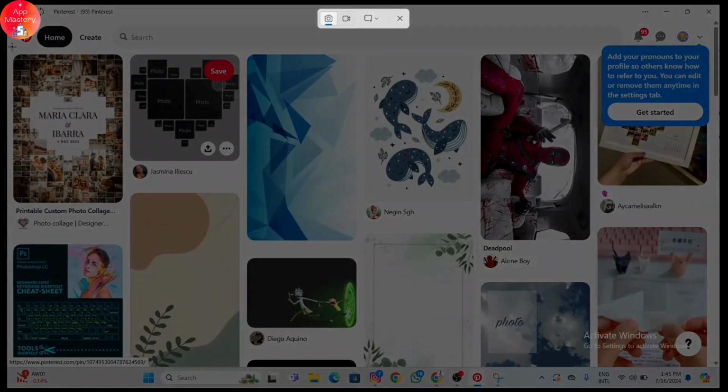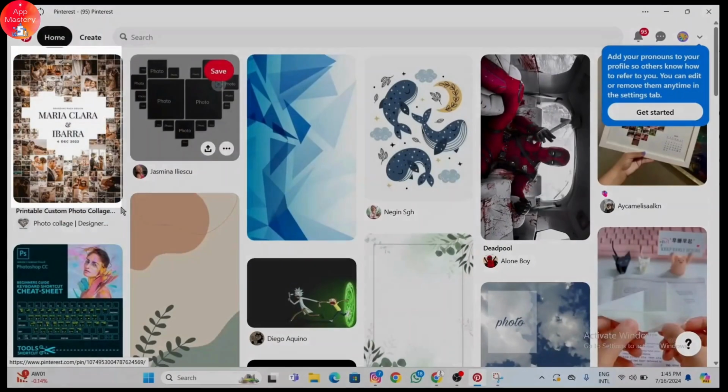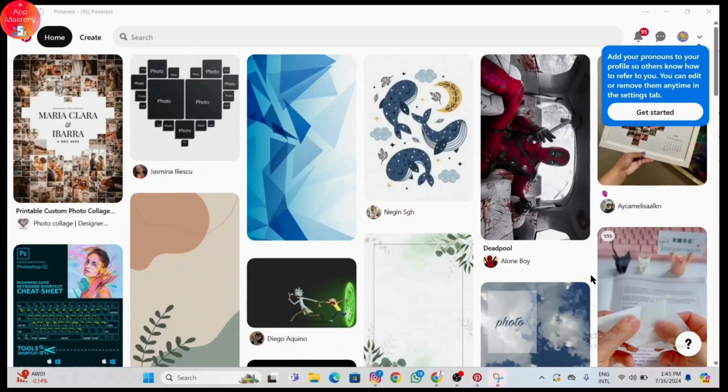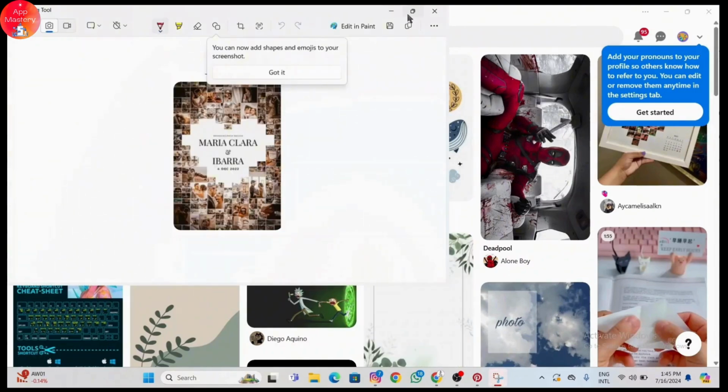Take a screenshot of anything that you want. On my computer, you need to press Ctrl plus Shift plus S. Your device may vary accordingly. Once you've taken the screenshot, open the snipping tool,